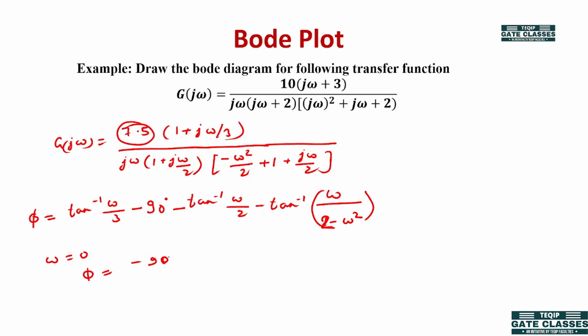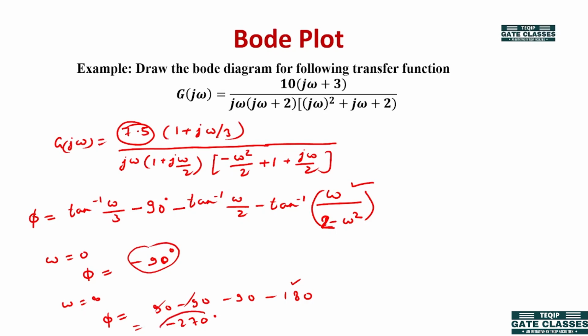So our minimum angle for this particular question would be minus 90 degrees, and when we put omega is equal to infinity, our phi would be equal to 90 minus 90 minus 90 minus 180. Okay, so this got cancelled and this will become minus 270. This is a second order pole, so this will contribute 180 degrees. So our minimum angle is minus 90 degrees and maximum angle would be minus 270 degrees, and in between